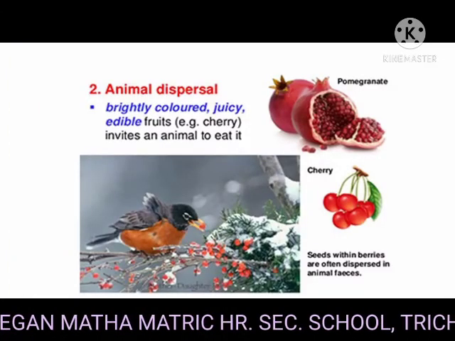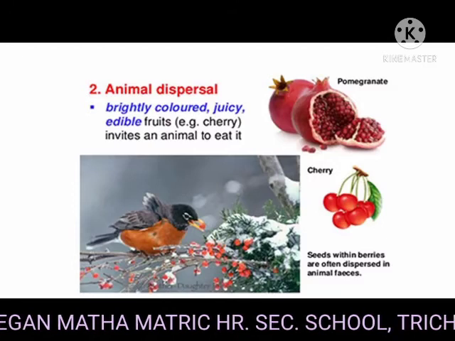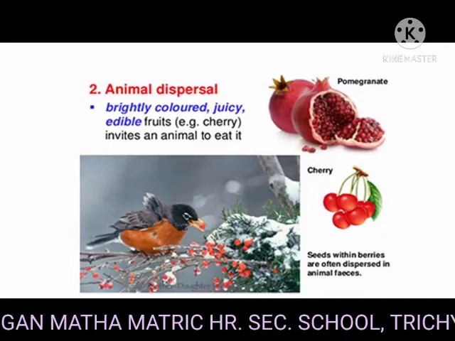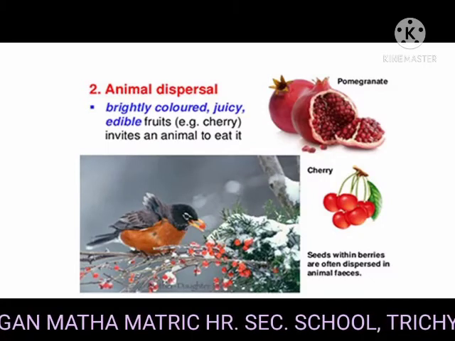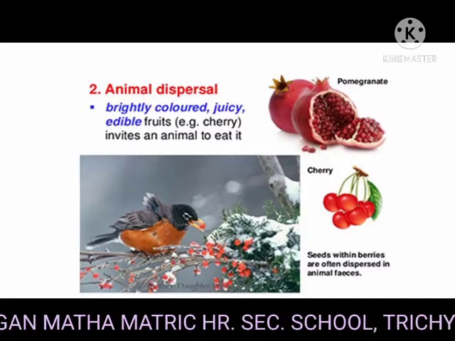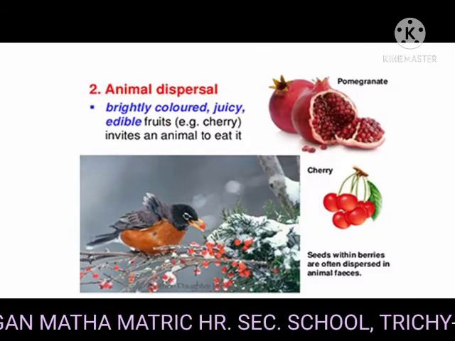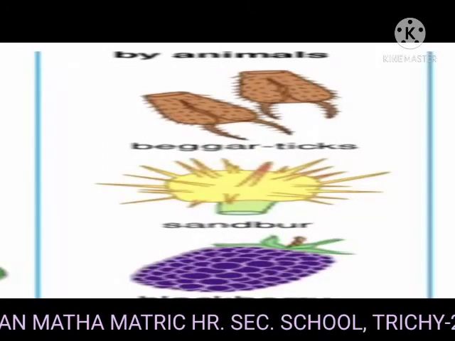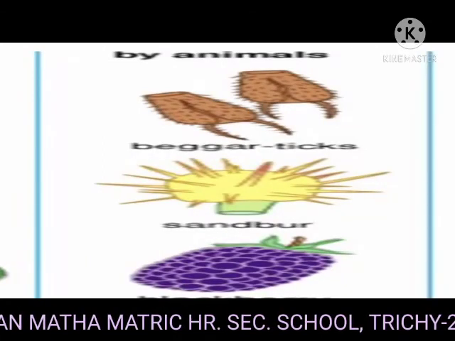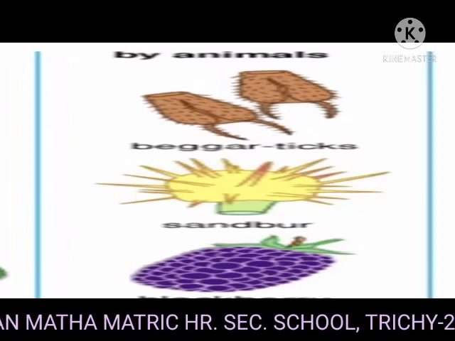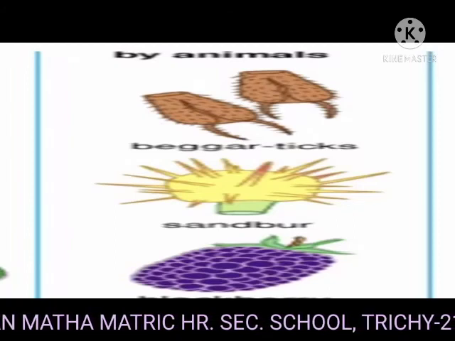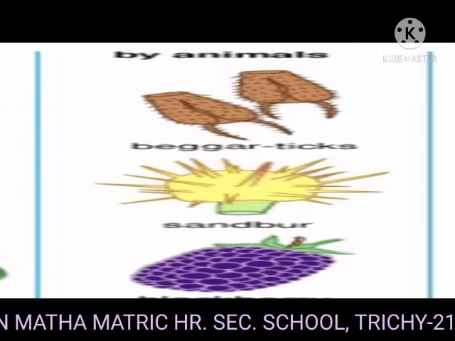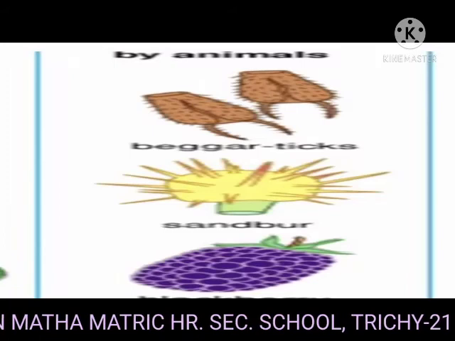Dispersal by animals. Birds and mammals, including human beings, play an efficient and important role in the dispersal of fruits and seeds. They have the following devices: hooked fruits. The surface of the fruits or seeds have hooks, barbs, spines, by means of which they adhere to the body of animals or clothes of human.